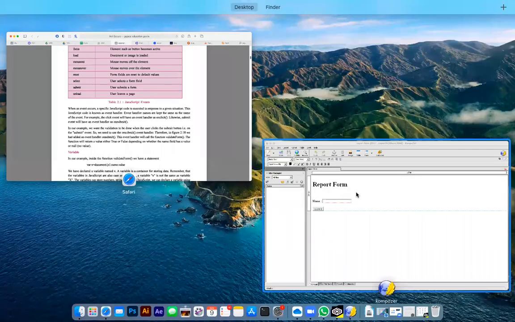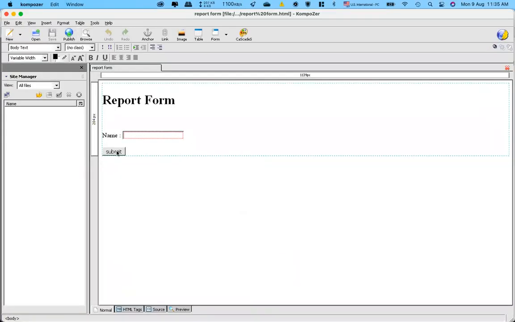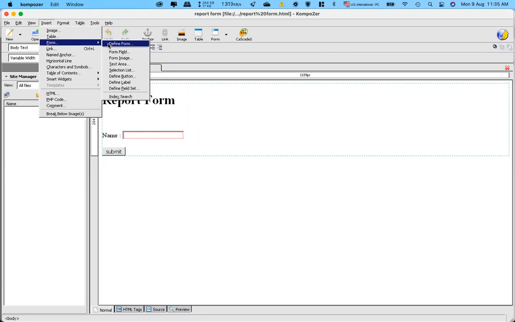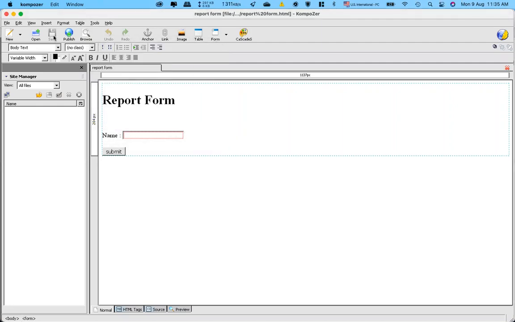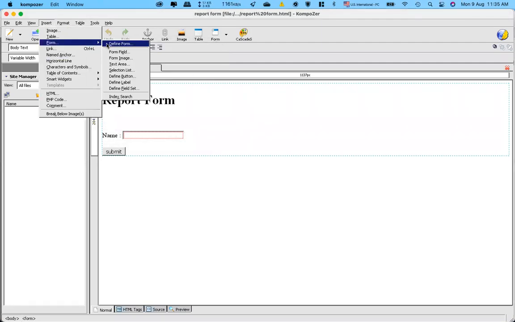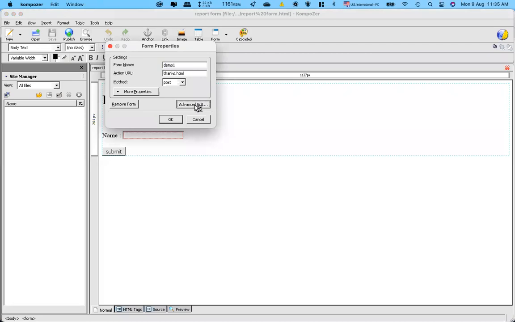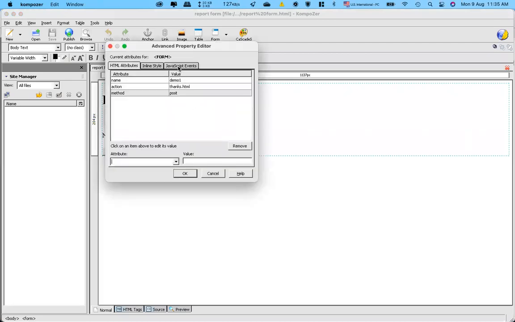So if you remember in our previous example, when we were setting this page for validation, I had gone through these steps of defining the form, and in advanced edit, I went to this JavaScript events tab, and here you can see the attributes. This is onsubmit.